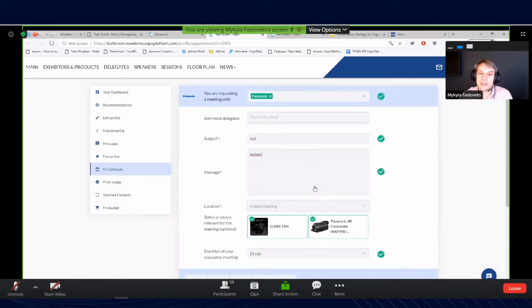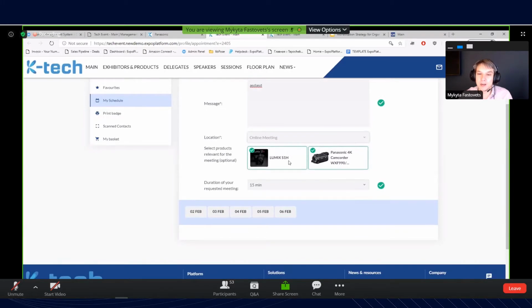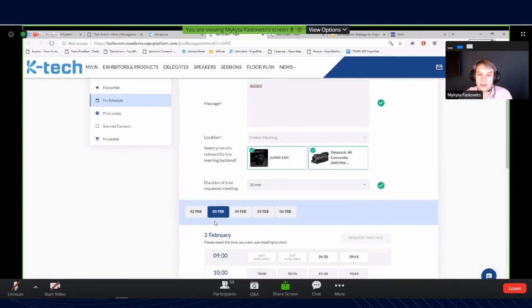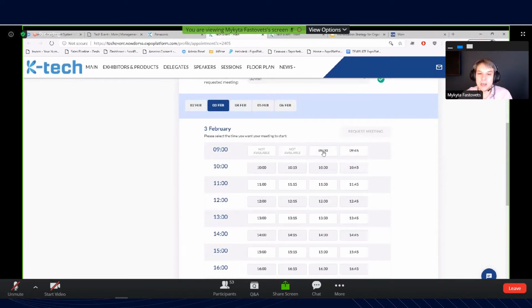So I'm going to select online meeting here. I can take the products that I'm interested in if I want to, and then the duration of the meeting, which you configure as available. These are the days that the event is taking place. So I select one of them, and then I'll be shown times that are available for me to book a